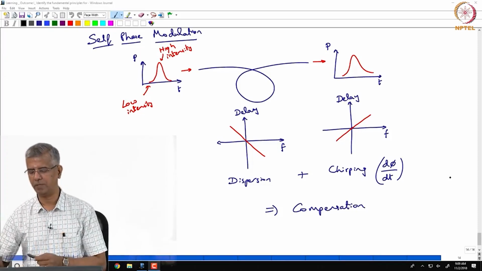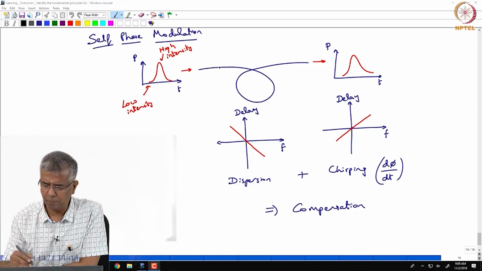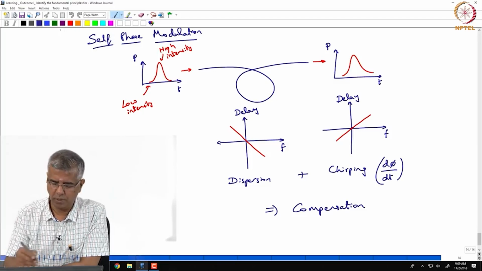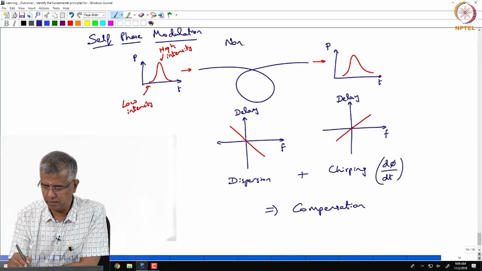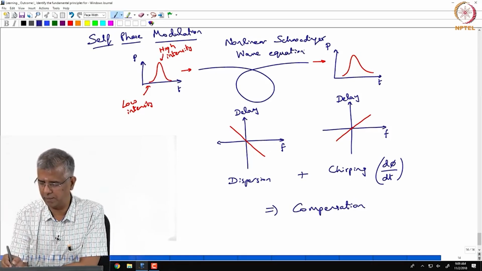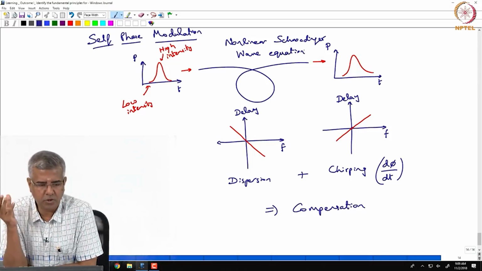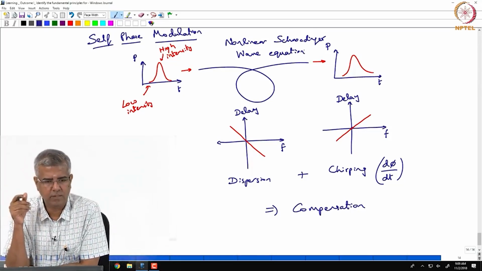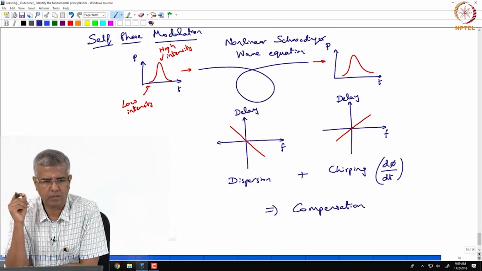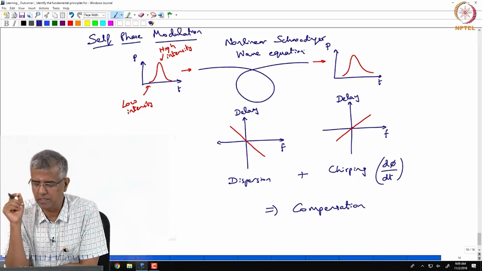So effectively what we are saying is the propagation inside this medium is controlled by what is called the nonlinear Schrodinger wave equation. It's just a modification of the regular wave equation that we've been looking at, but it brings out the nonlinear aspects